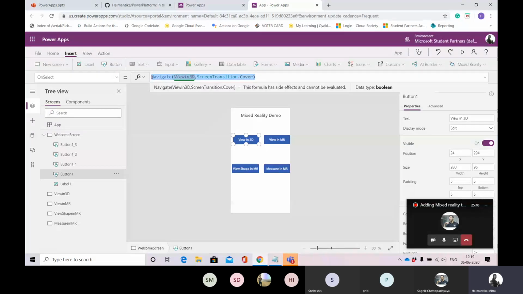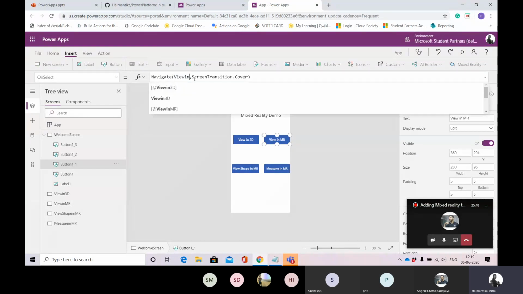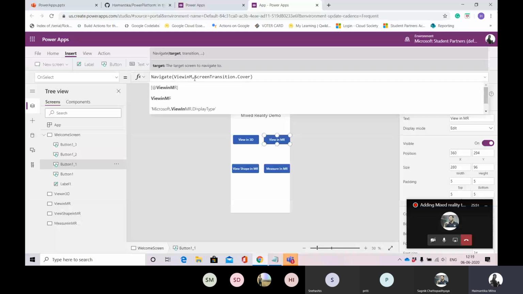So let me copy it and then change the screen names for the other buttons. View in MR, this will be for my view in MR screen.